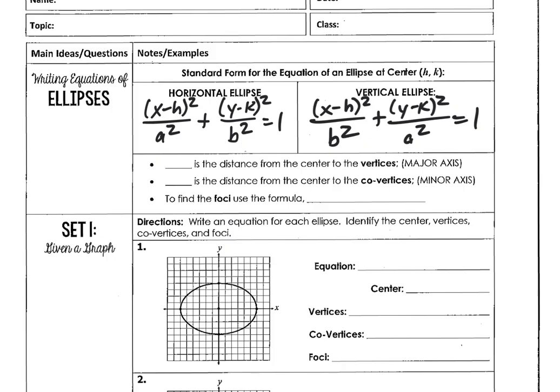Okay. The big pieces that we talked about yesterday were the vertices, co-vertices, and the foci. The vertices are always going to represent the A. How far are we moving it? We're going to move it A units to the right, A units to the left, or if it's a vertical ellipse, we're going to move it A units up and A units down. And then the co-vertices, B is always the smaller number. It's the shorter axis. And then the foci